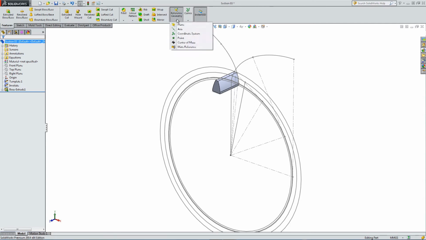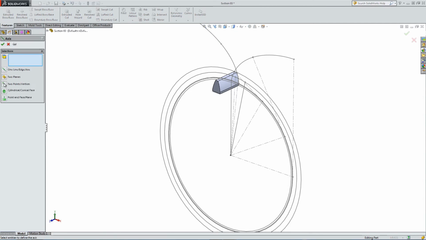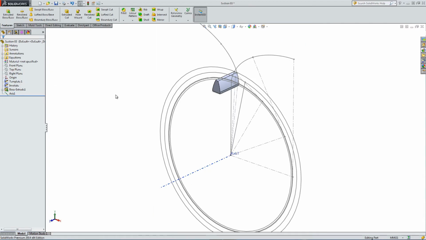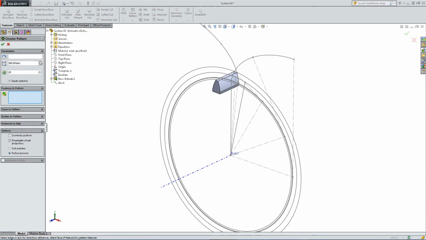Let's put some reference geometry in first. Let's put an axis in, because we can use this axis time and time again when we're pulling this gear into other models. So an axis around about the origin point and the front face. Okay, let's make this circular pattern. Right, so the axis, let's use that. And this is the feature. An arbitrary value at the moment for the number of